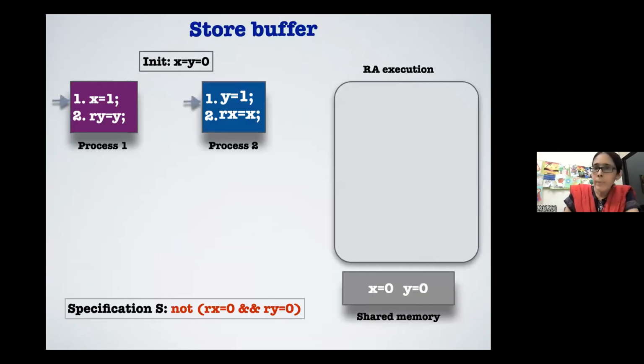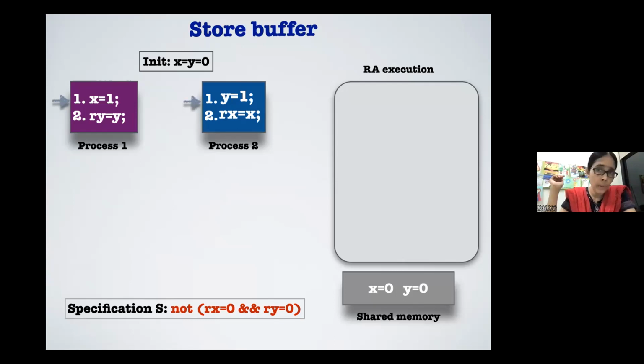So how does the store buffer look like? I have two processes with two shared variables x and y. Initially, both x and y are 0. The first process writes 1 into x, and then it reads the value of y into its local variable or local register ry. And process 2 writes 1 into y, and it reads from the variable x into its local variable rx. So the question is, is it possible for us to reach rx and ry both being 0